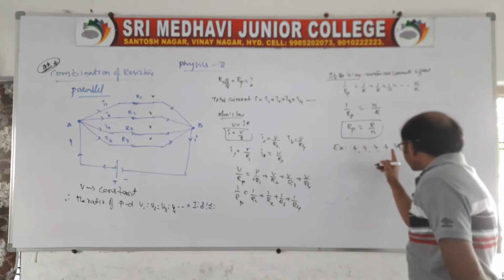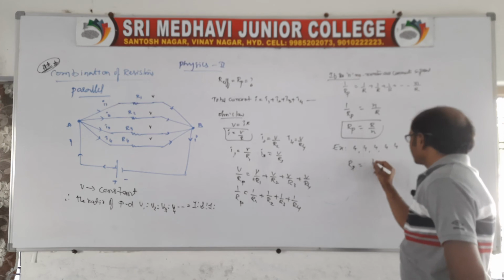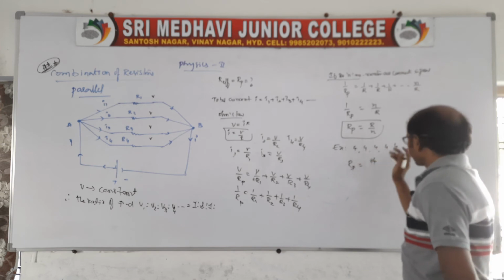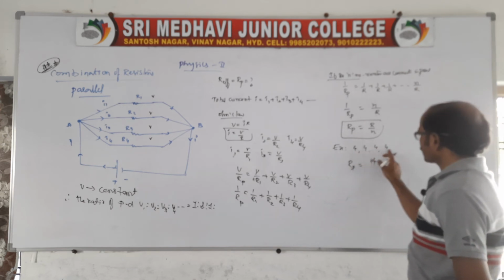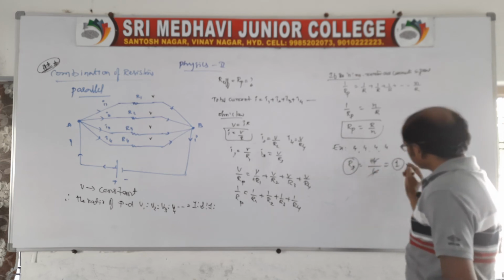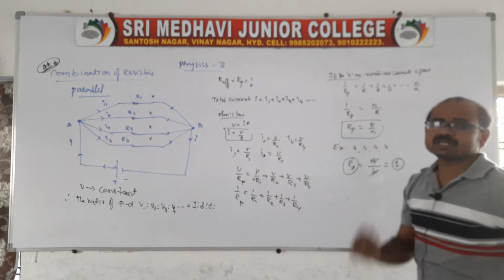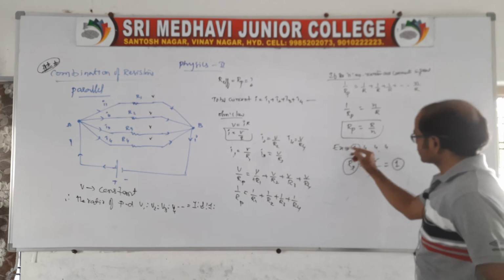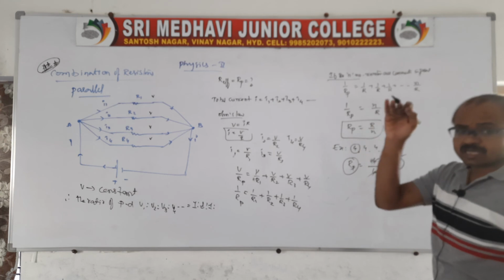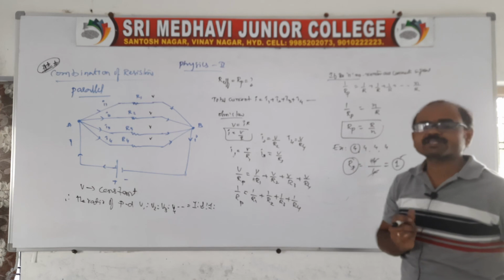See, these are all equal resistors. If all are equal, then the effective resistance is, each resistor has resistance 4, so Rp is 4 by n. See, the effective resistance is reduced here compared to the individual resistors. Because the individual is 4 ohm, but the effective will be 1. So for a parallel combination, the effective resistance is less than the individual resistance.